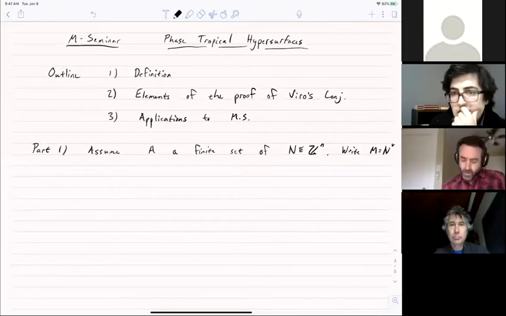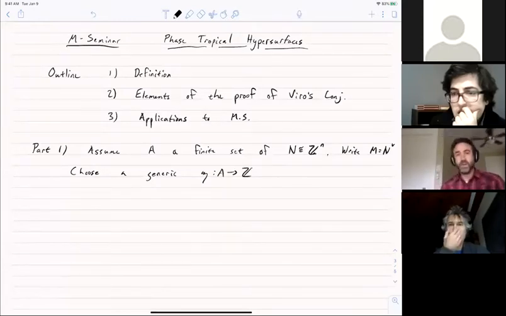And I'm going to choose a generic function on A, which is called eta. And it can be R valued, but I want to assume it to be integer valued for later. And generic, maybe I'll say something in a bit. And then we can consider a convex function